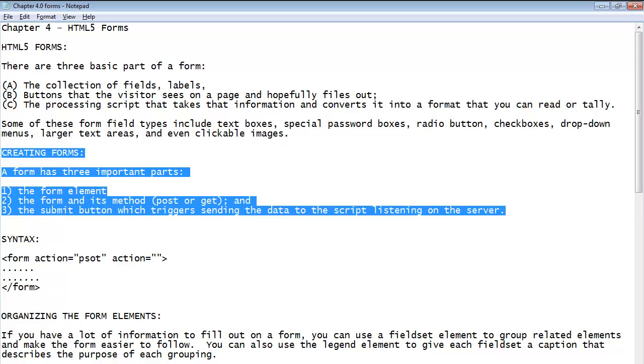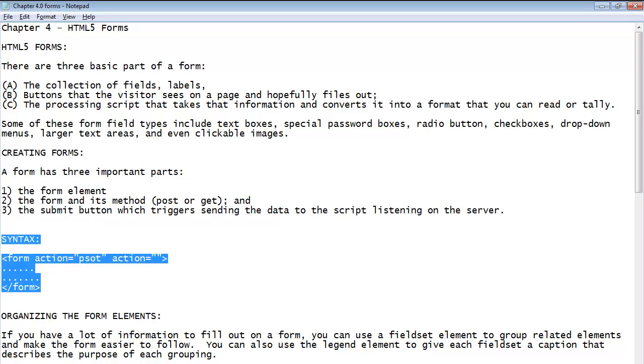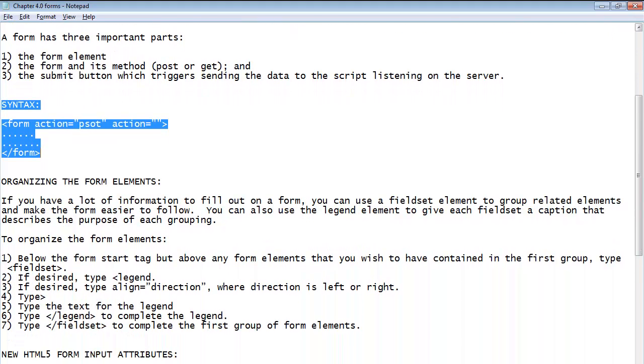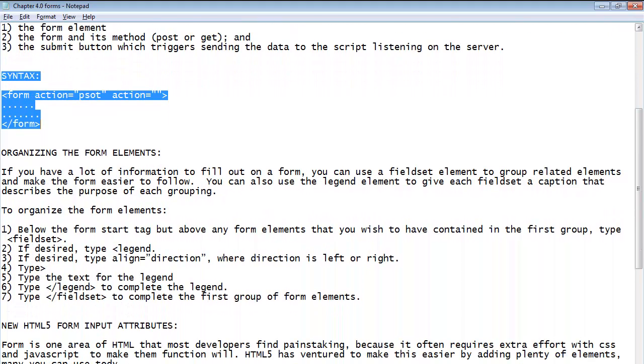Below you can see we have shown you the syntax for the form. All you have to do is type form and then in the method you have to include either post or get, and then you can see an action where you have to insert the URL where the details of the form are to be posted, and then you can include the content like radio buttons, check boxes, input boxes within your form, and then all you have to do is close the form tag.